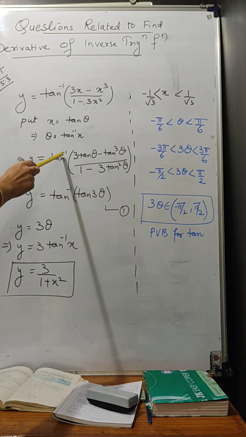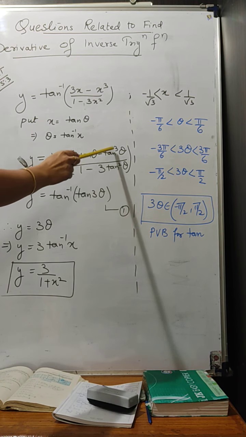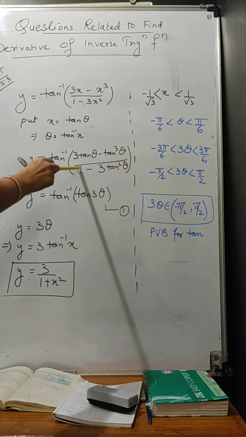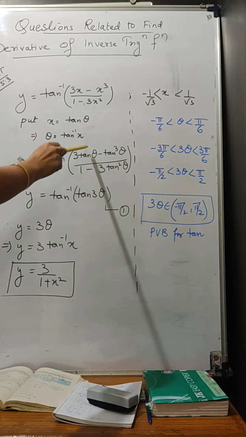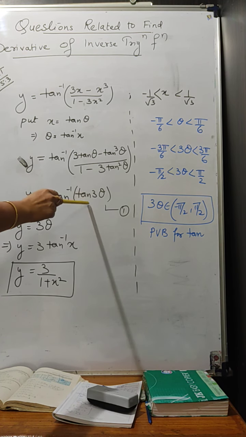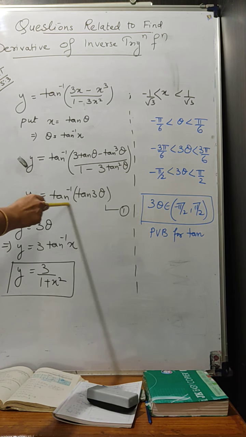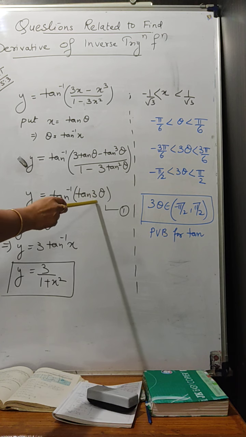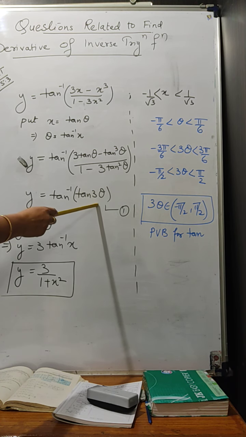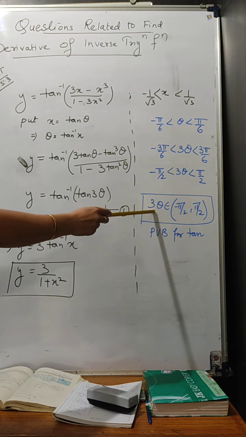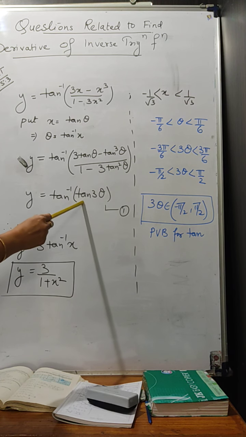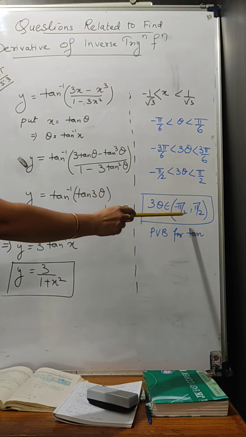So y equal to tan inverse of (3 tan theta minus tan cube theta) upon (1 minus 3 tan square theta). Again, we have studied this formula in class 11, that it is equal to tan 3 theta. So we replace it by tan 3 theta. Now when we have reached this conclusion, tan inverse of tan 3 theta, don't directly write the value 3 theta. After reaching this stage, you have to check whether 3 theta belongs to the principal value branch for the tan function. Whatever function is here, you have to check whether it is lying in the principal value branch.